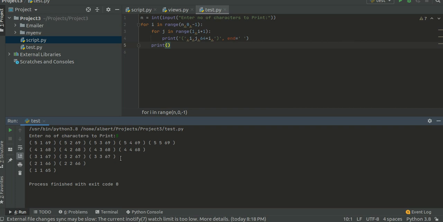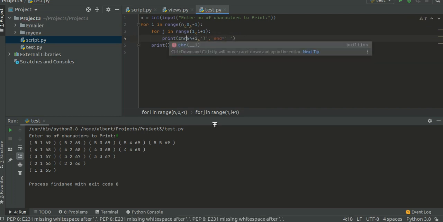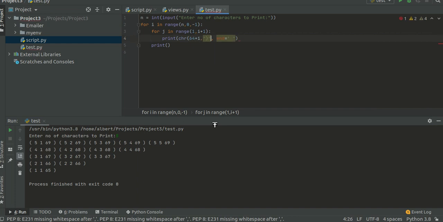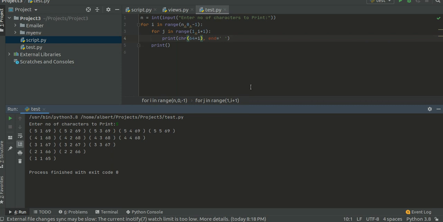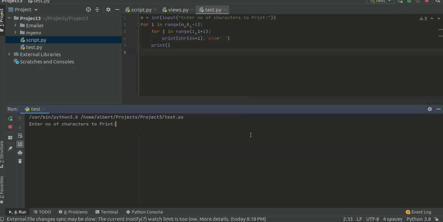Hope you are understanding what I am trying to do over here. So now we just convert this ASCII value into its corresponding character, CHR. Now we again run this code. 5, and we got the pattern E, E, E, E, E, D, D, D, D, C, C, C, B, B, and A. The whole pattern we got.